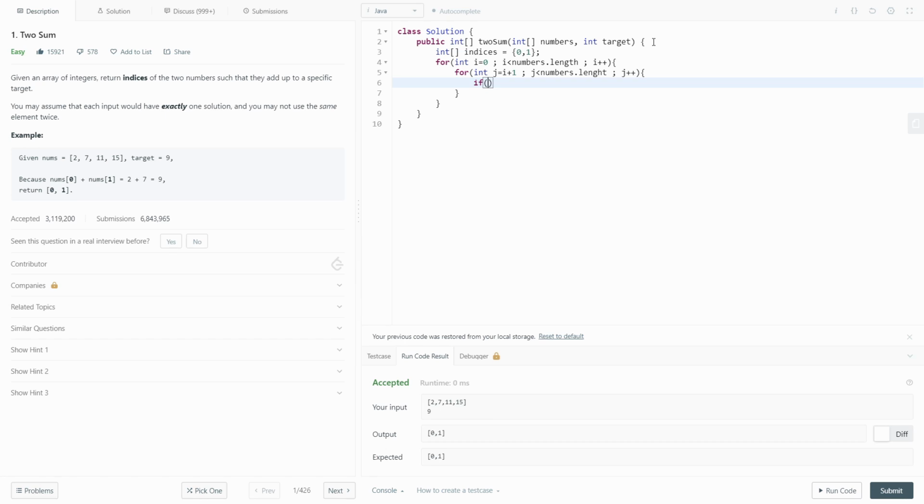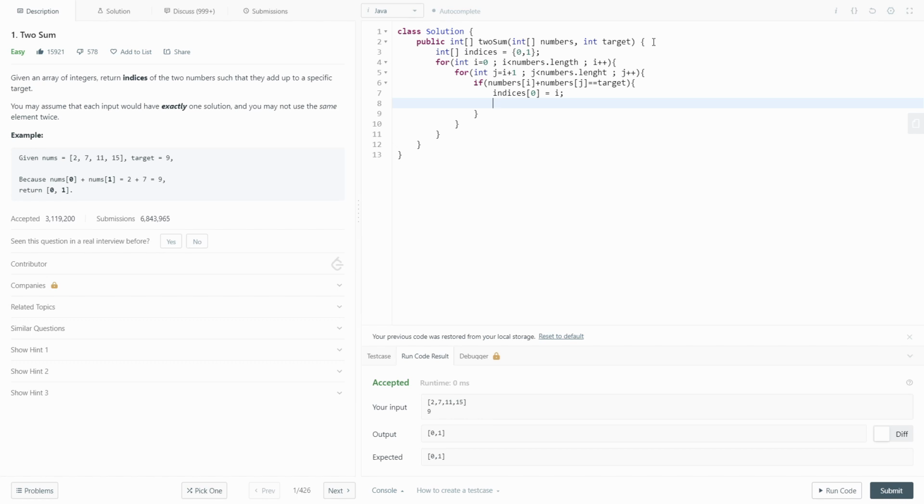If numbers[i] plus numbers[j] equals target, which means the sum is equal to target, then indices[0] equals i, because remember i and j are indices, not the elements themselves.